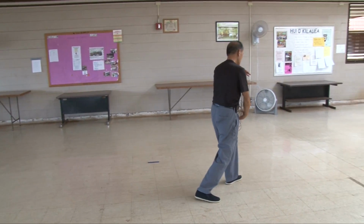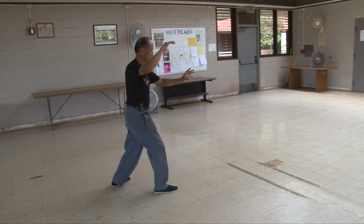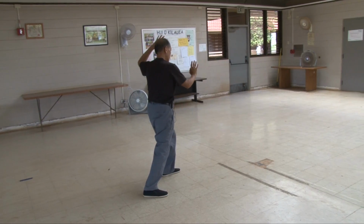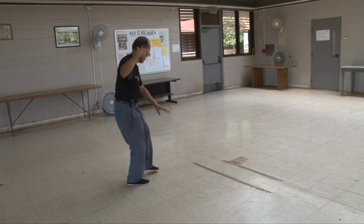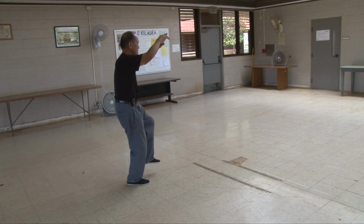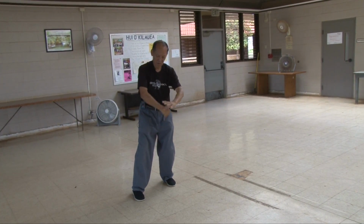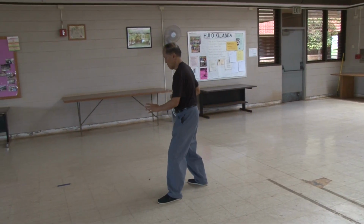Hold your ball, maiden, to the right, sit back, hold your ball, maiden, to the left, half step, needle to the bottom of the C, up, step out, flash arms, sit back, deflect, parry, punch,